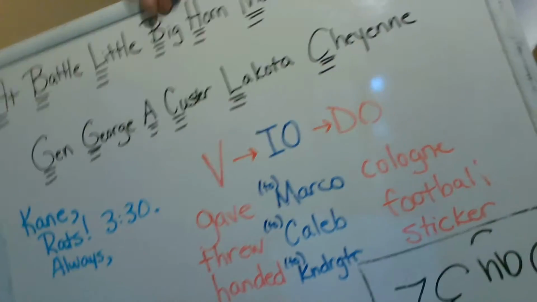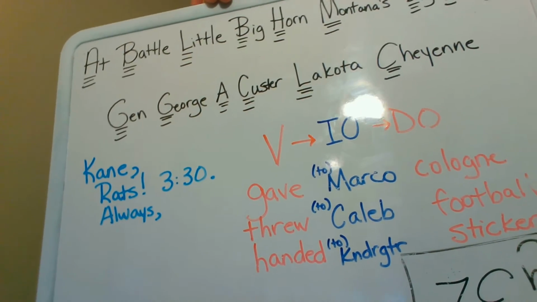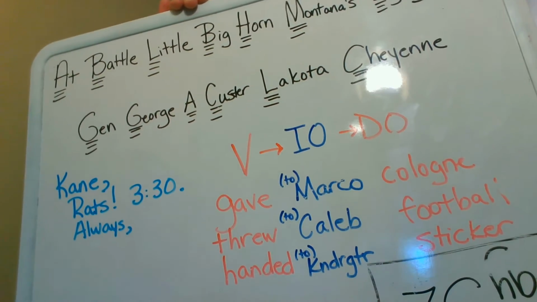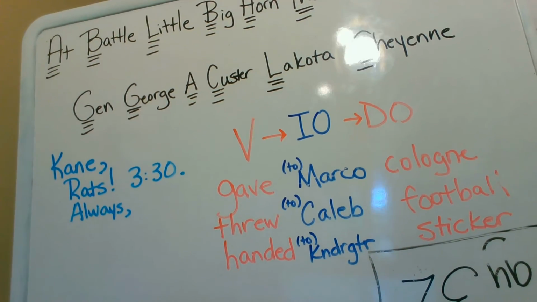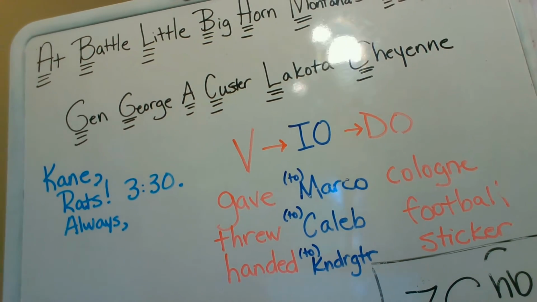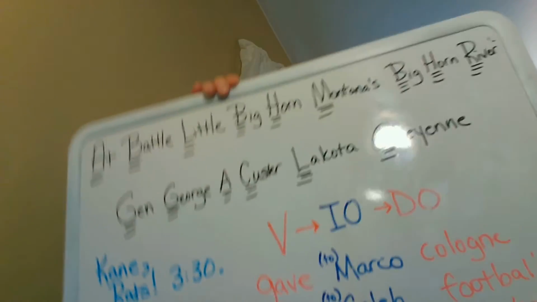All right? So I hope that makes more sense to you. When you have an indirect object, you're going to have a direct object. The indirect object always comes between the verb and the direct object. Now, if you were very clever, you were listening to me and you're like, I already knew this, and you just copied down all the other answers that you just saw on the board. Hopefully you didn't do that, but you could have. Anyways,